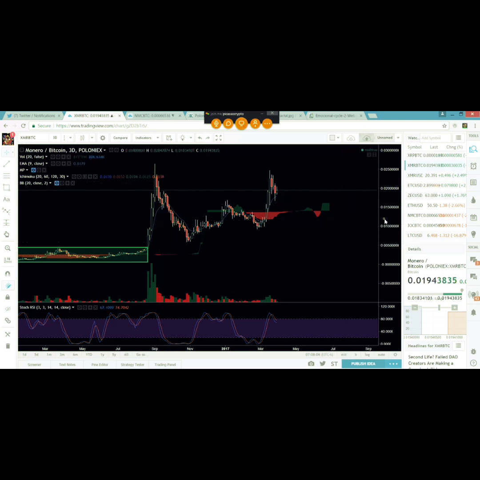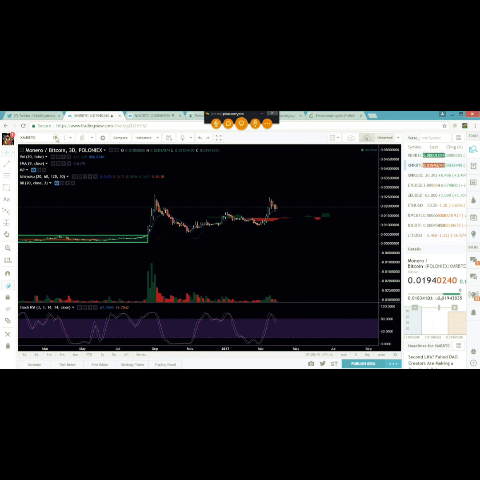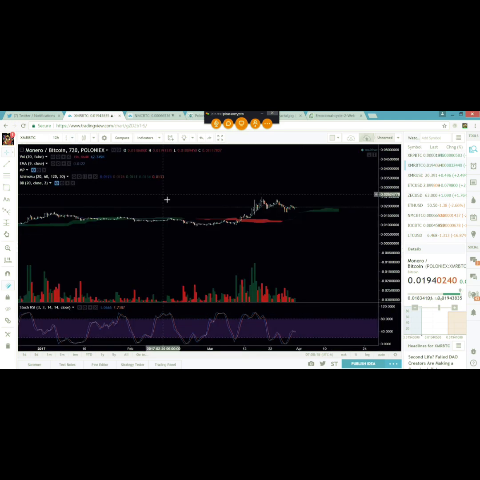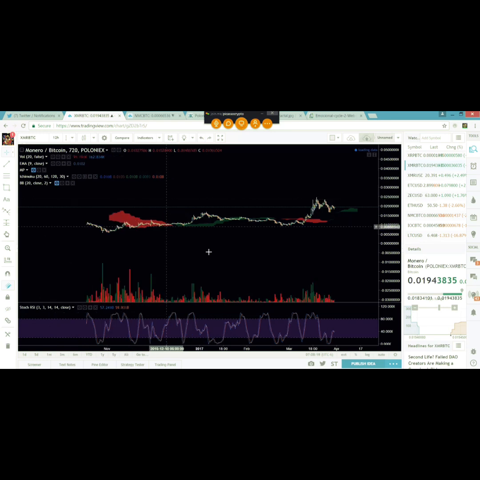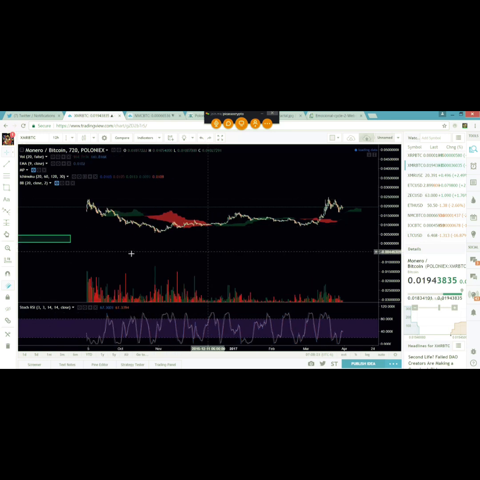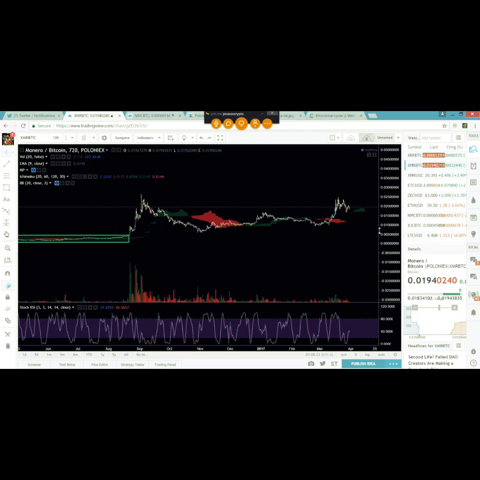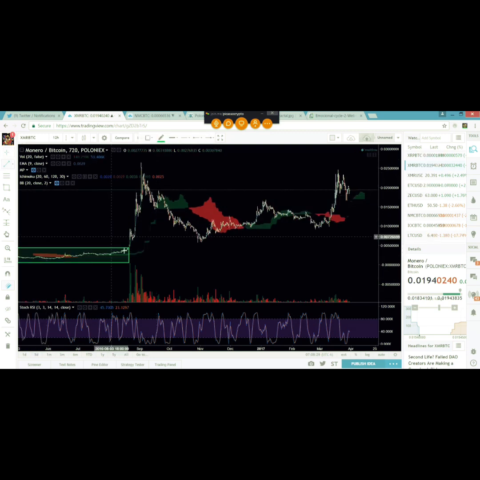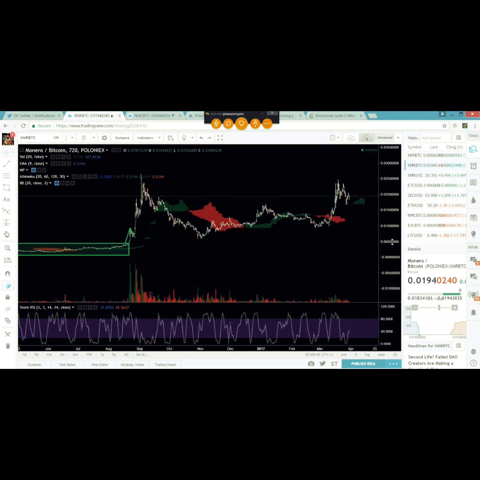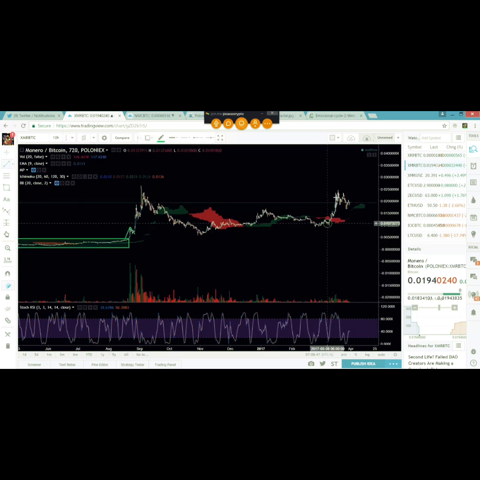So whereas right here, Monero, and let's look at it on the 12-hour and map it real quick. On Monero's last market cycle, this is the thing to remember too, is that these will get bigger. Okay, these market cycles will get bigger. Right here, R1 and R2 only showed itself on a 12-hour to be that big, whereas now it really seems like Monero's 1 and 2 of this next market cycle showed up a lot bigger on the chart.